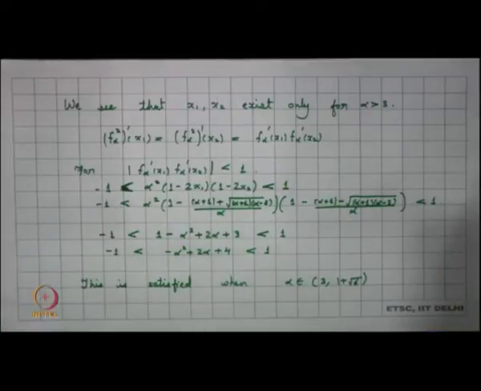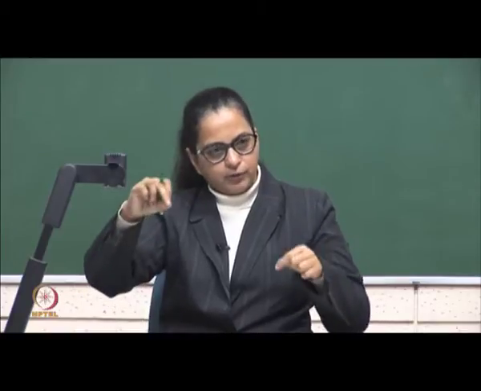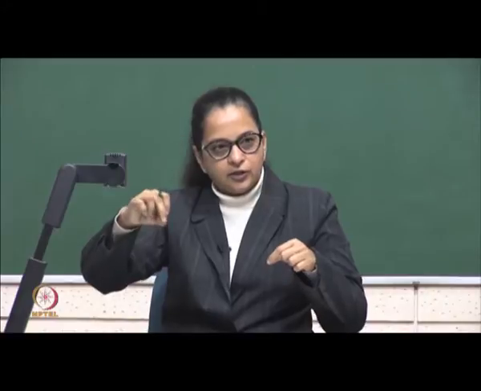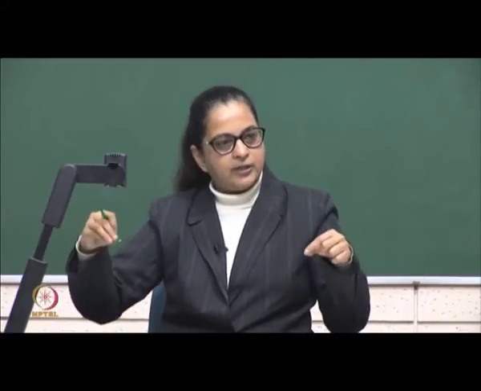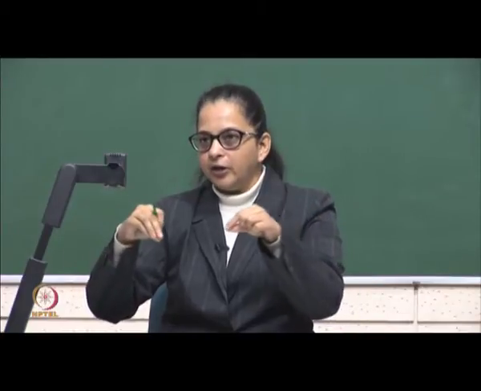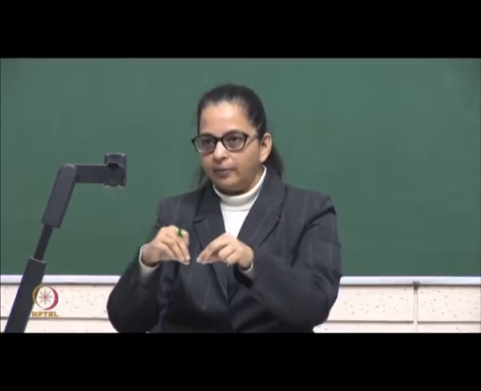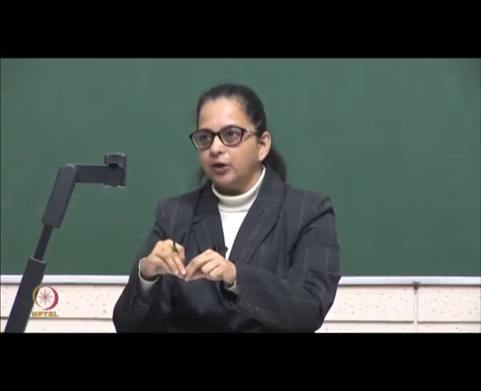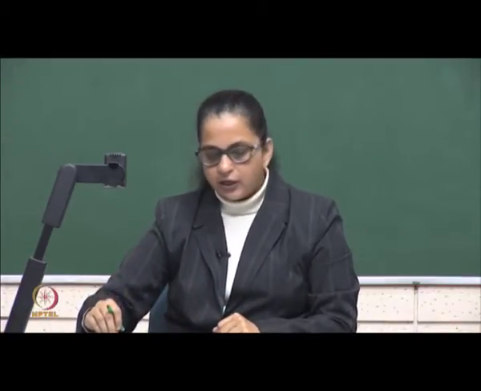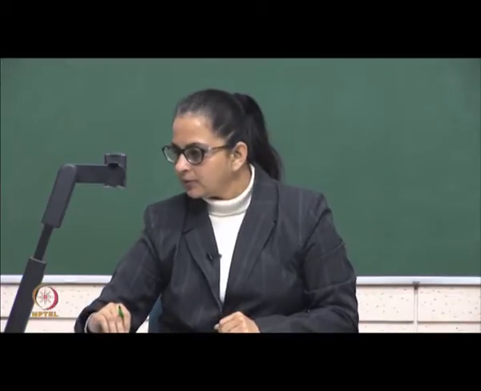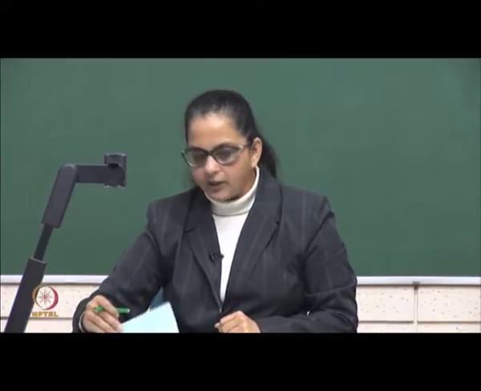So, all the orbits in 0 1, excepting for the two fixed points, which are definitely there as they are, but these two fixed points are sort of sources. So, they are repelling, but all the other orbits are attracted into this particular periodic orbit. So, you have this periodic orbit and every point is attracted to it. What happens when alpha equals 1 plus root 6? We shall look into that particular case.